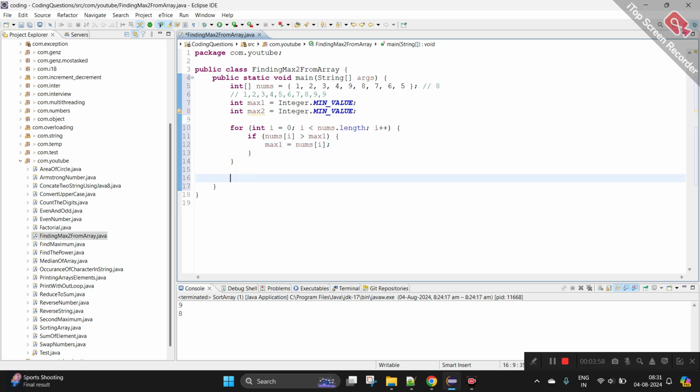Now again I am iterating for the second maximum.